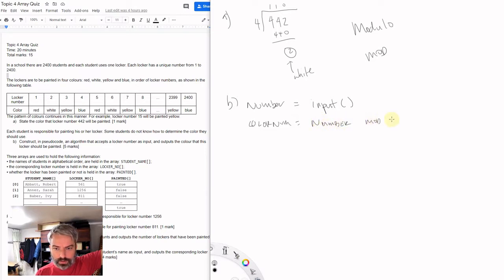mod 4. Whatever locker number we are, we're going to mod it by 4, so we find the remainder of that, and then we just need to check what that color is. So we need to say if COLORNUM, and they do like capital letters for this, is equal to... now we need to figure out, if it's equal to 1,